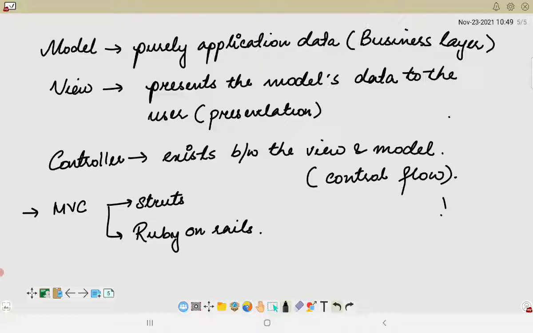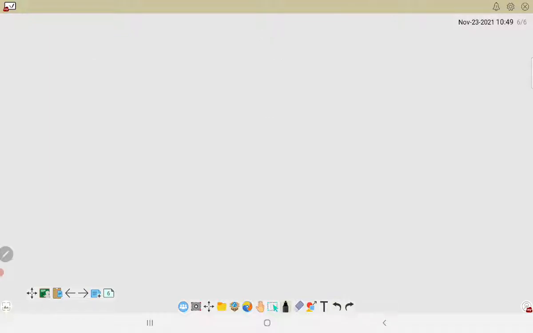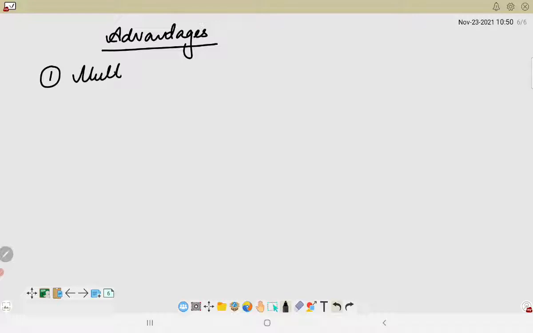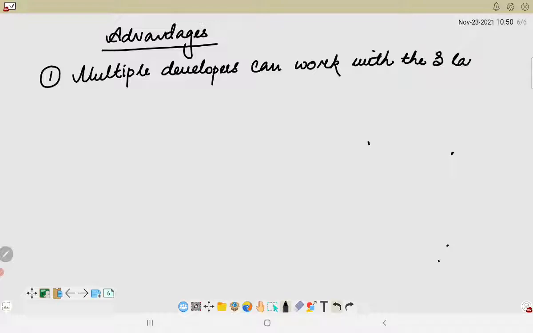Okay, now talking about the advantages of MVC architecture. We will first analyze the advantages. So what are the advantages? The first one is that multiple developers can work with the three layers, model, view and controller, simultaneously.